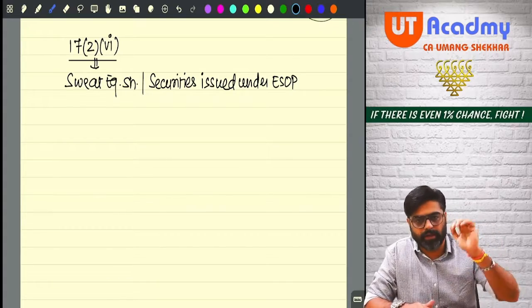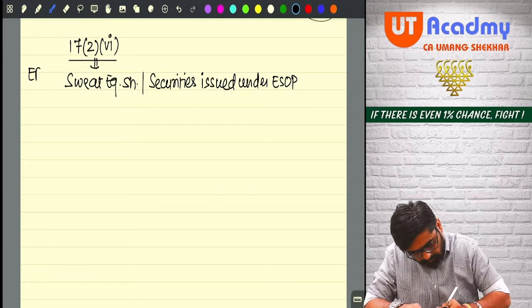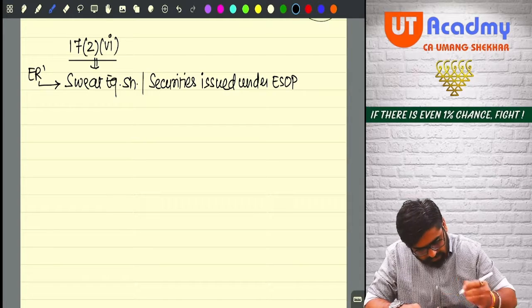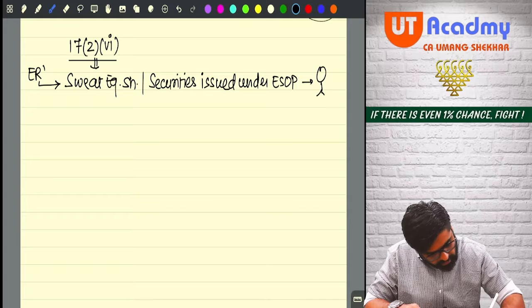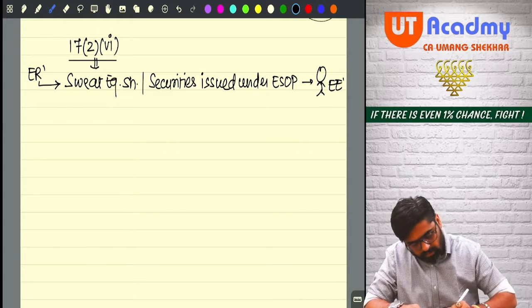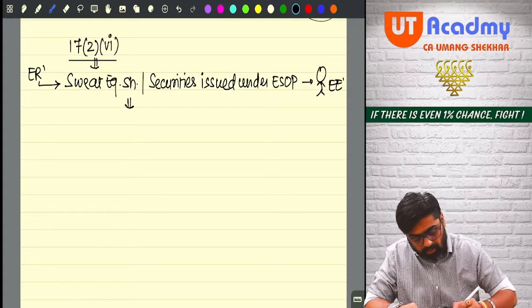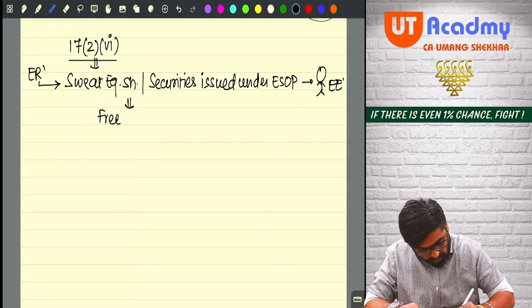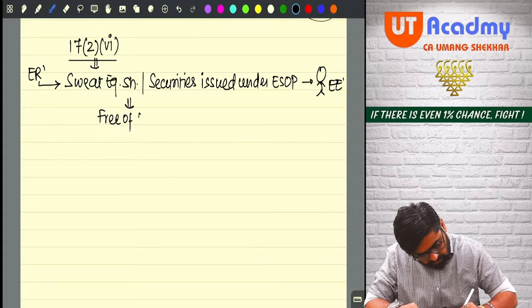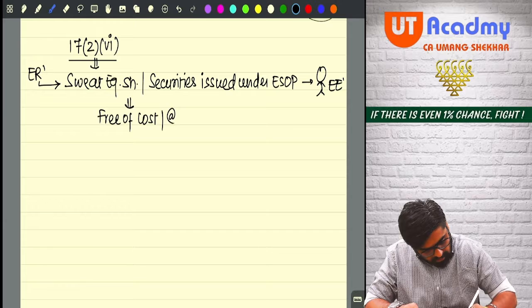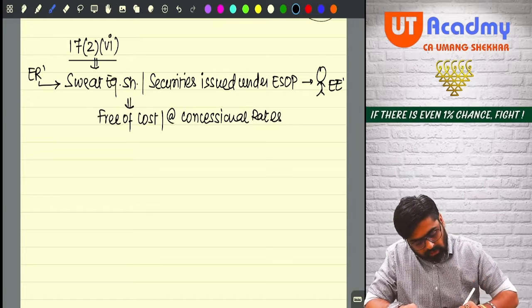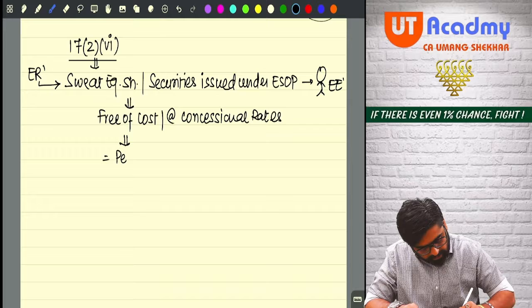Under the ESOPs, securities. So the employer will give this to the employee. So employee is going to get these type of shares and securities, and these type of shares and securities the employee will get either free of cost or at concessional rates. So because of this also there is a personal benefit happening to the employee,